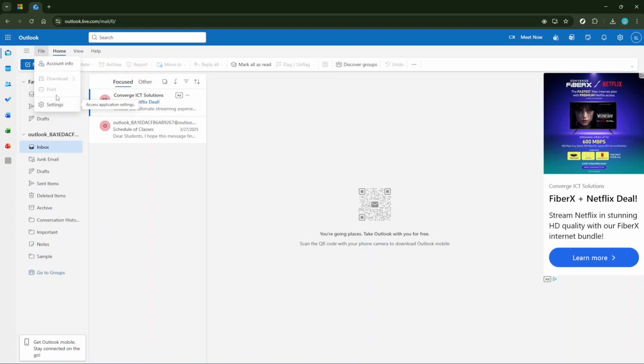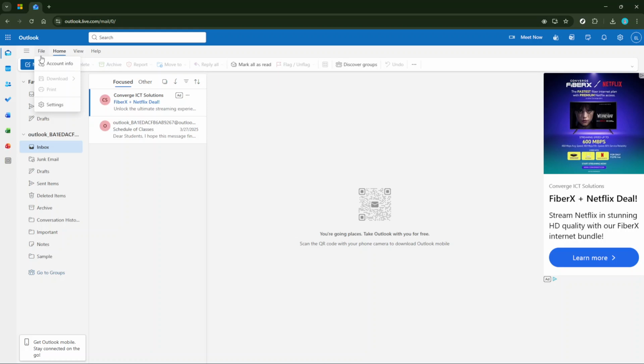The Backstage view essentially gives you access to the back end of Outlook. It's where you can manage your account settings, handle data files, control your printing settings, and find so much more regarding the administration of your Outlook application. So now you know finding the File tab and navigating the Backstage view is your new way of accessing those necessary, yet sometimes hard to find functionalities.